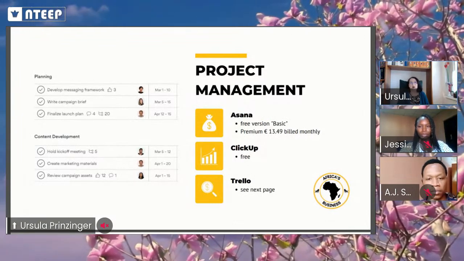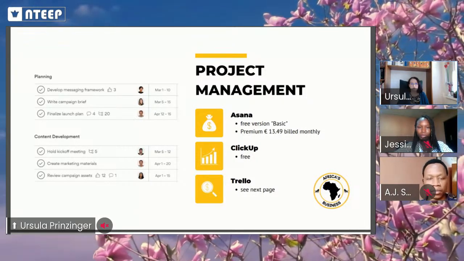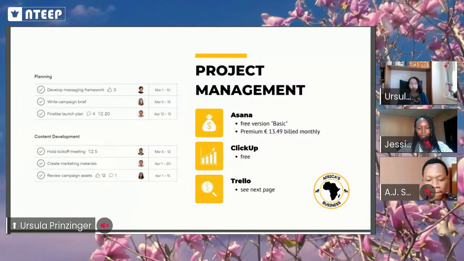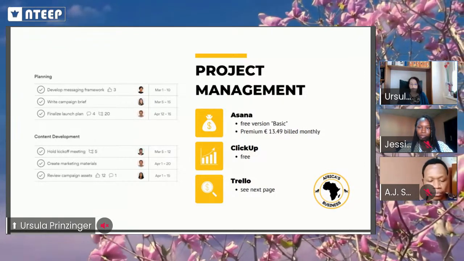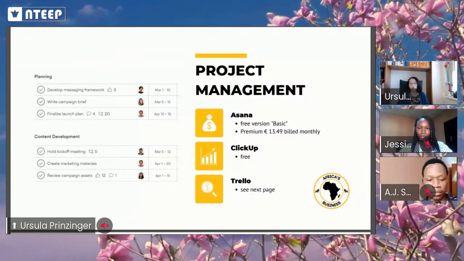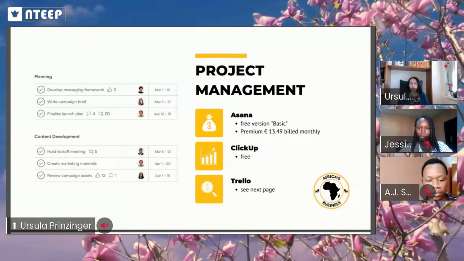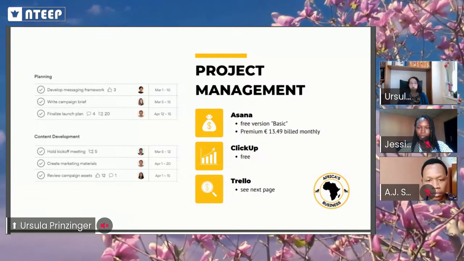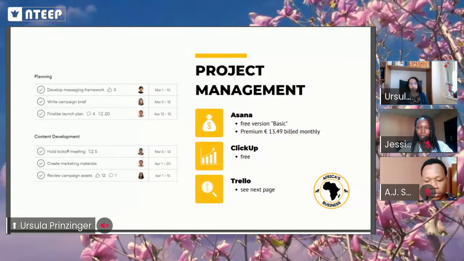What kind of tools are you going to need and to use when you are dealing with digital marketing? So first of all, you definitely will have to look for a project management software. And there are, of course, probably hundreds of those on the market. I picked three that are the more used ones, the more known ones. One that you might have heard about is Asana. Asana comes with a free version, a so-called basic plan. So you can start, check out whether you like their features, and later you can see they would have a premium plan that starts at